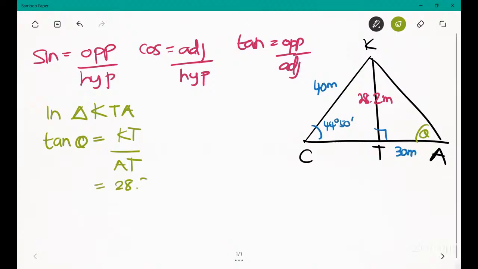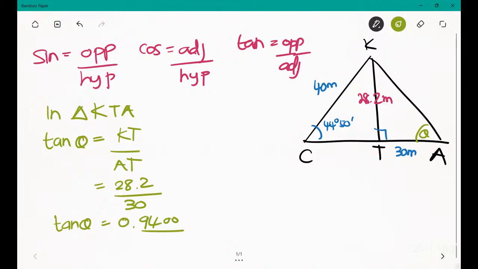Then you have 28.2 over 30. Then tan theta is equal to 0.9400. So you have to divide 28.2 by 30, then you get 0.9400. Then you have to find this value in your logbook. So using the tan table, you're going to find this value 0.9400 and get the corresponding